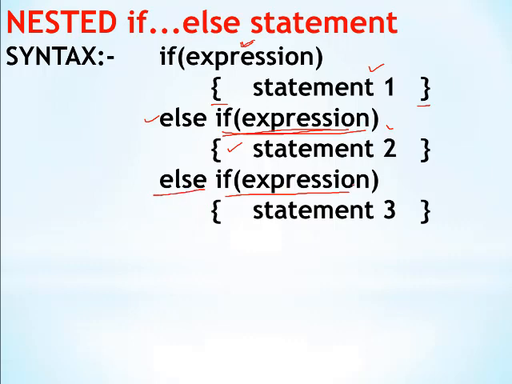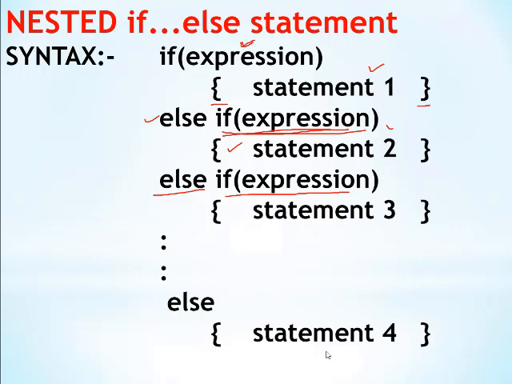So again you can place a condition here. So if there are multiple conditions or multiple situations, you can use coding like this, and in the last, if there is any obvious situation, you can write else and write those statements in the else part. So if none of the conditions are satisfied, it will come to the last else and execute this part.